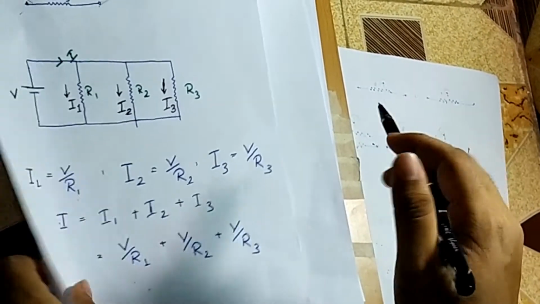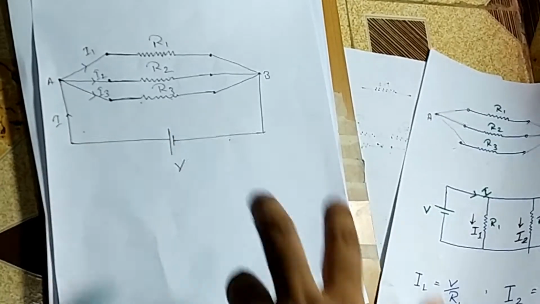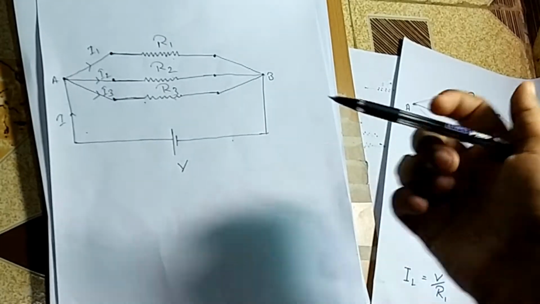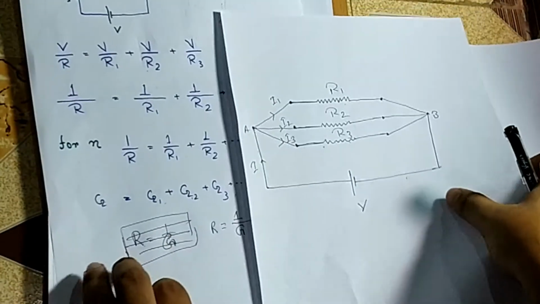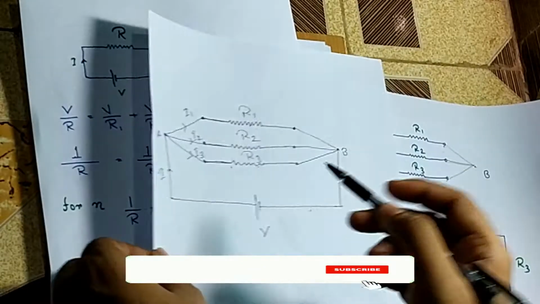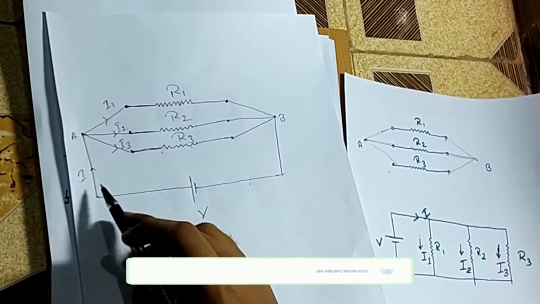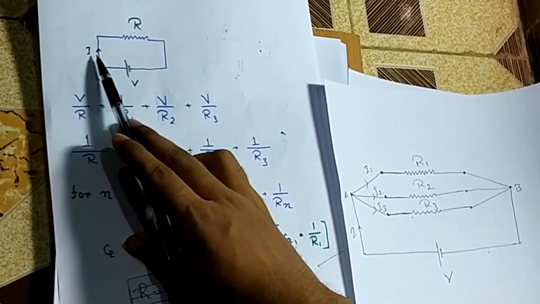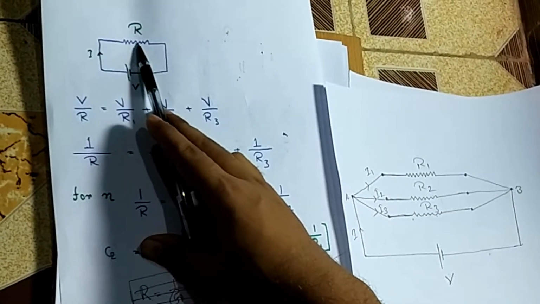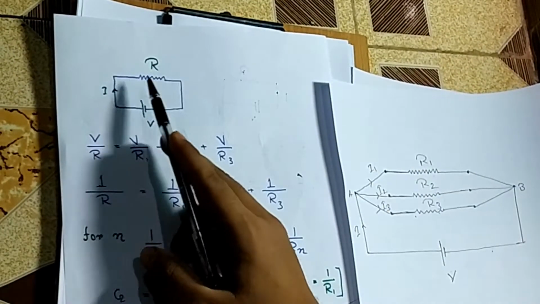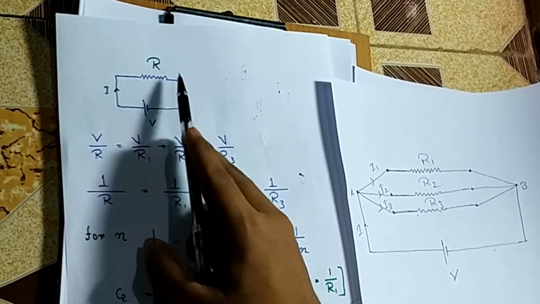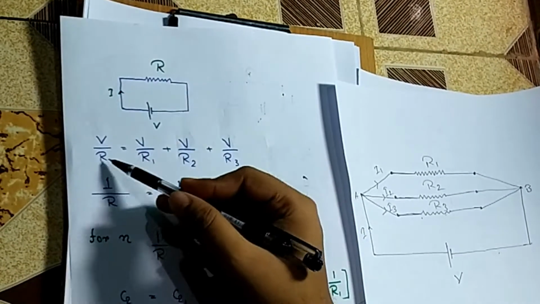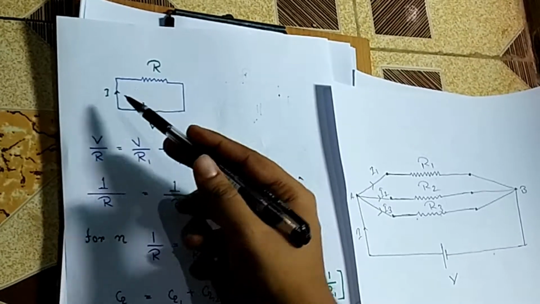Now our goal is to replace all the resistances connected between A and B with a single value resistance. So I will redraw the circuit in this manner. Here the voltage source V was there and current I was flowing. We apply the same amount of voltage, the same current I flows, and the resistance value is R. At this time, the voltage drop across this resistance R is V and current I is flowing. So I is nothing but V by R.